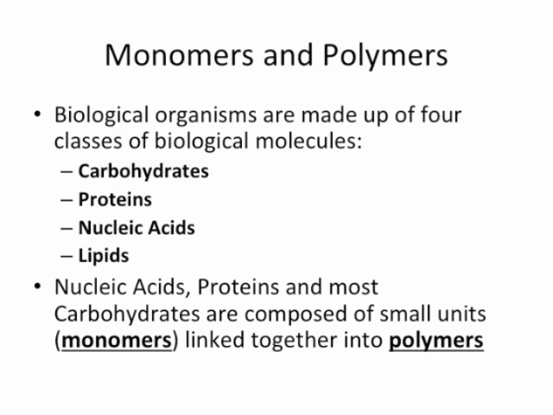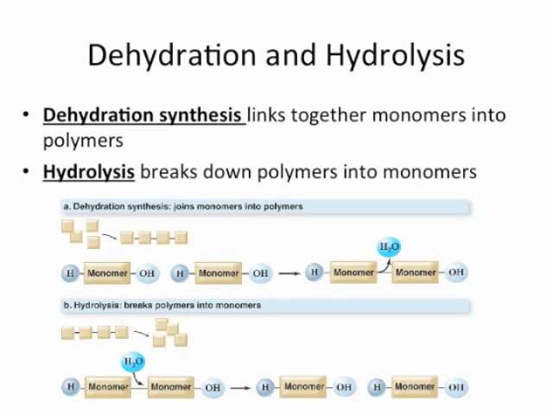So how do we go from a monomer, a single unit, into a polymer, a larger unit? For all 3 of those, it's the same general reaction. There are small differences between the chemistry of them, but for the most part it's the same reaction. It's called a dehydration reaction. Dehydration synthesis is the process of linking together monomers into polymers. And what does the word dehydration make you think of? Losing water, yeah. And that's exactly what's happening. So it should be easy to remember that dehydration synthesis pulls out a water molecule to create a bond.